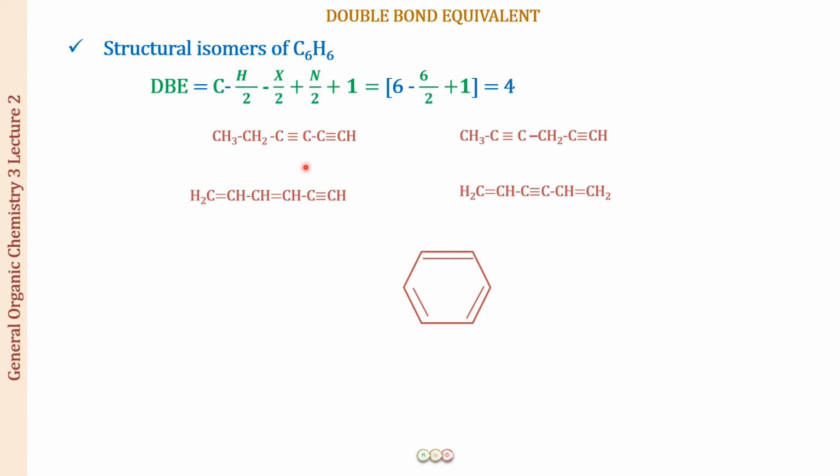Now if I can draw straight chain structures, I can draw more cyclic structures like we have for benzene. So let us look at one more example. I'm just giving that to you. Instead of the 6 carbon ring, now I've drawn a 5 carbon ring. It is a ring, so that is 1 DBE gone. And again, I have to draw 3 pi bonds. The way I have done this is I have drawn 2 double bonds in the ring and one triple bond out of it. So this is also one isomer for C6H6. That would be your homework. Try making all the possible isomers you can make for C6H6.